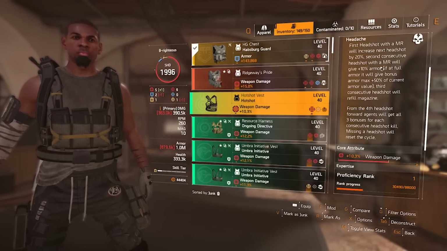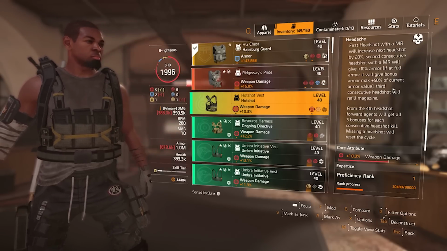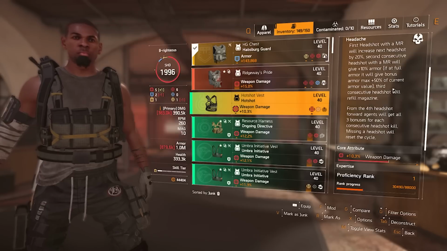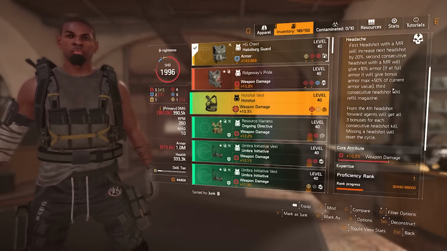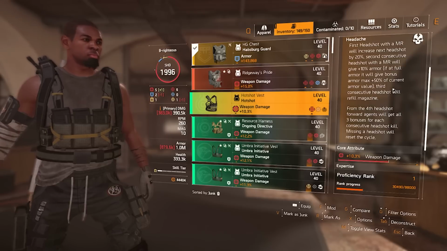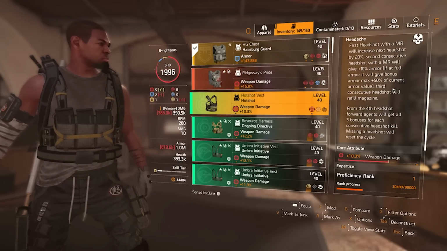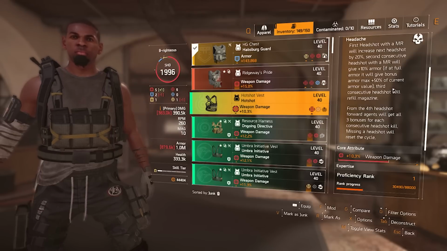The second consecutive headshot will give you 10% armor, and if you're full, it'll give you bonus armor, up to 50%. It's based on your armor value, right? 50% of whatever your armor is. The third consecutive shot will refill the magazine. So this is basically Aces and Eights remade in Hotshot. This is kind of how Aces and Eights worked back in the day. From the fourth consecutive shot on, you get all 3 bonuses,